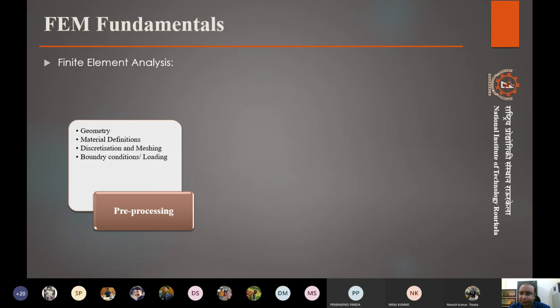Then material definitions: what kind of material is being used. If we are talking about a ventilation simulation, we have our wall, and the gallery wall will be made out of rock or coal or any other material that we are excavating. Then the main thing that we are looking for is air, or whatever we are simulating as air. We can have gas or maybe even any fluid in that case, and we have to give its properties.